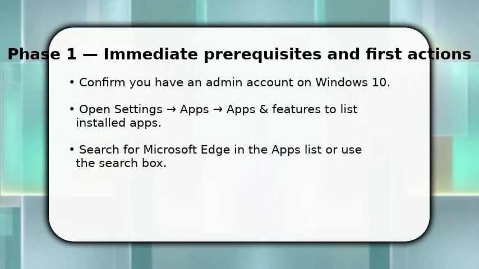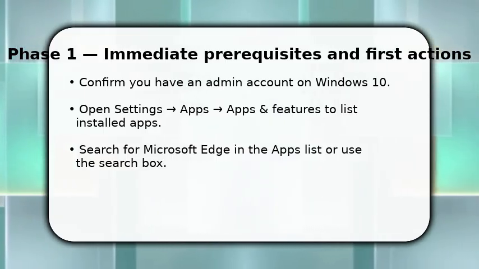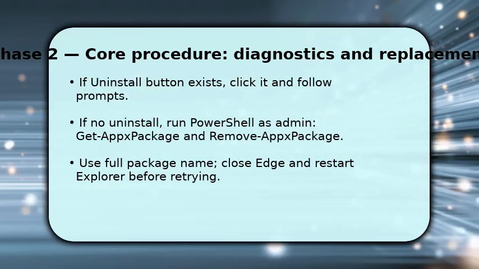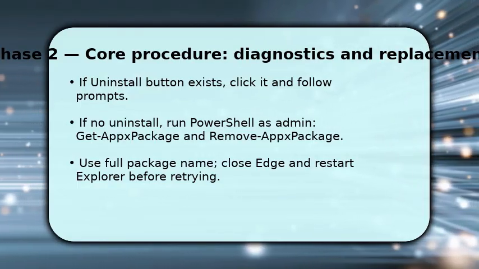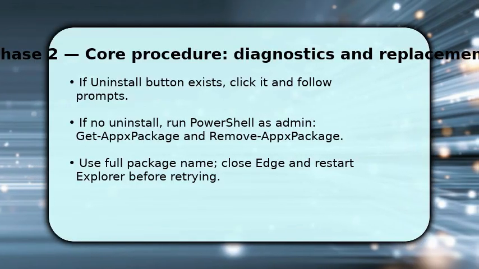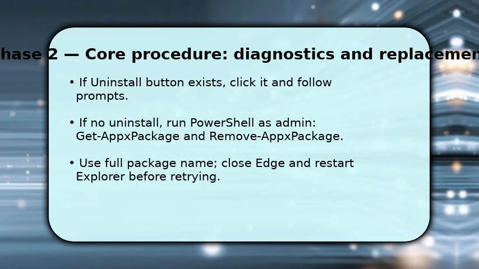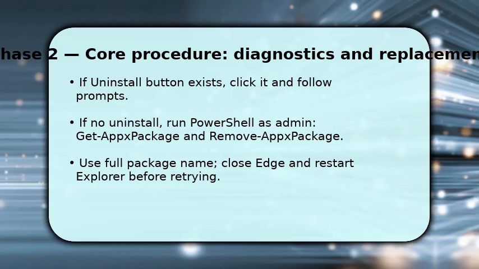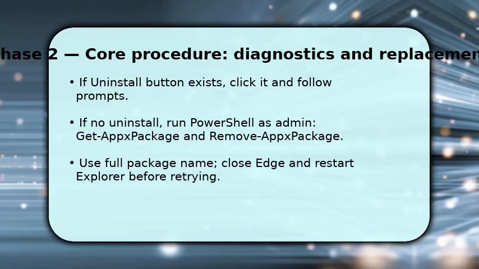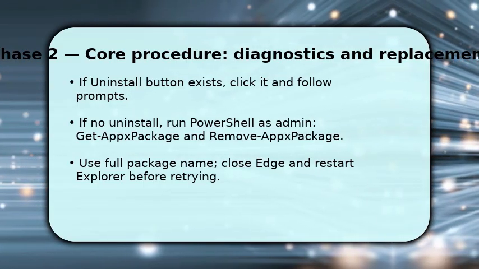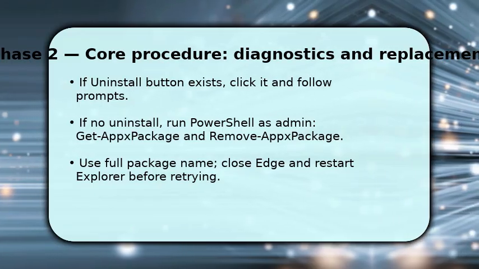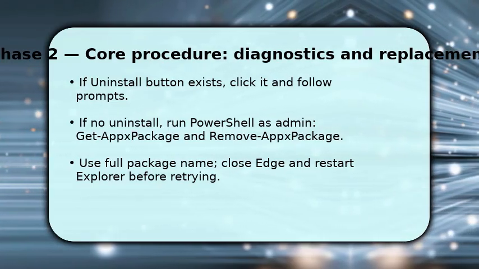If Edge has no uninstall, run PowerShell as administrator. List packages with Get-AppxPackage *Microsoft.MicrosoftEdge*, note the package full name, and run Remove-AppxPackage with the full name to remove it for your user. For system installs, you may need to use the new Microsoft Edge installer with a removal flag or after